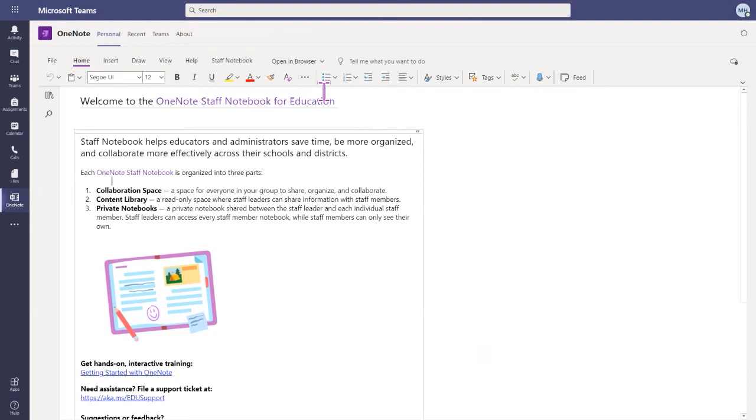Right at the top, you'll see it says open in browser. If we click on that drop down, we can go ahead and open this in the desktop application instead. You also, if we go into Draw, have some of those options that we took a look at earlier. We could go ahead and use our mouse to draw. We have the math functionality as well. So a couple of different options in there.